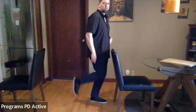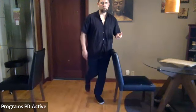Flamingo, touch, shift back. Straight leg, down, shift. Flamingo, shift back. Now, level 3 is just that taken one step further, all the way up to this chamber position,